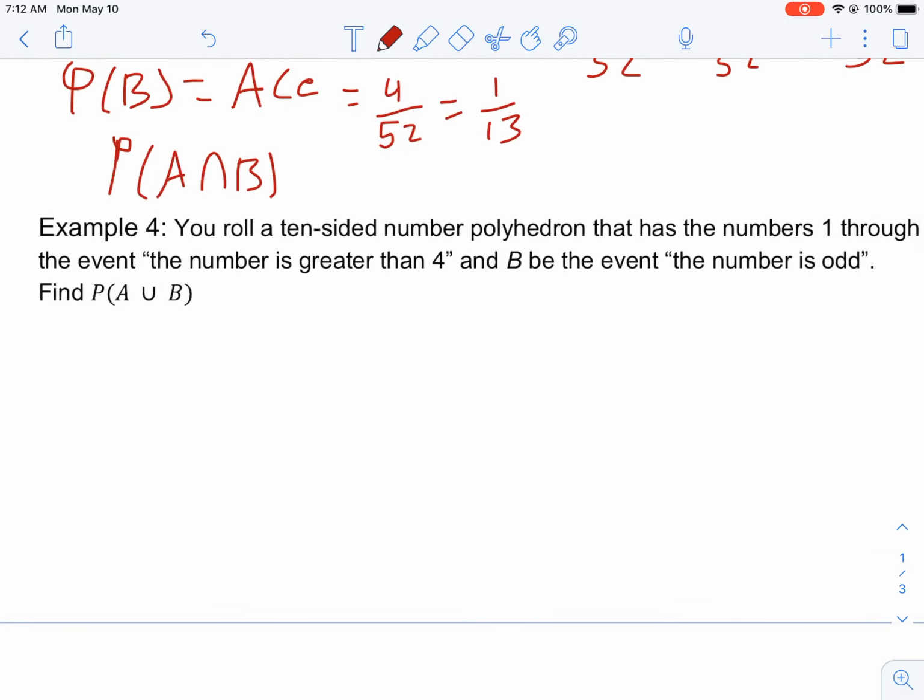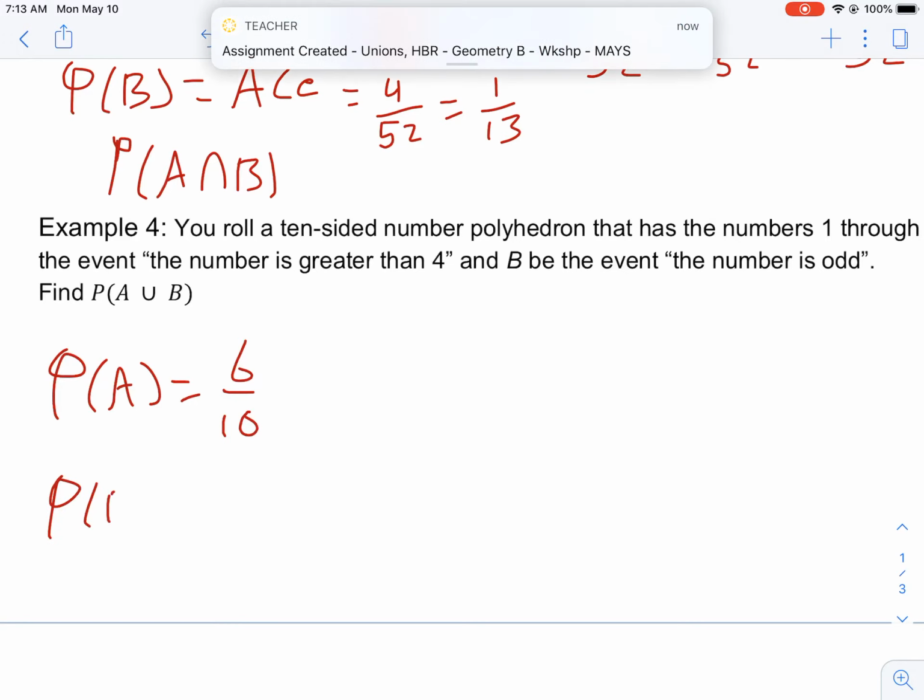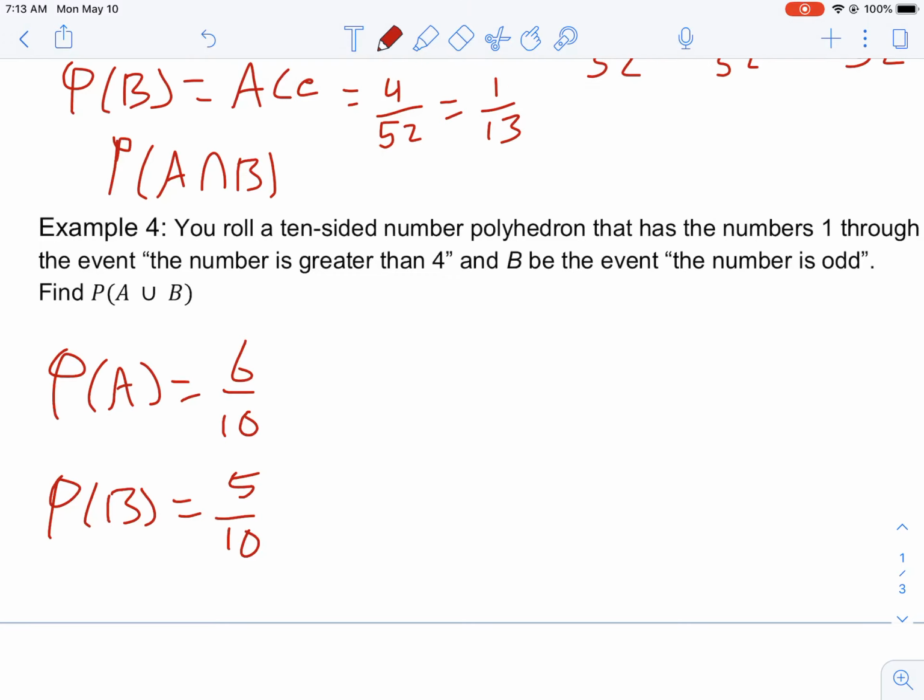So what we want to do is find the probability of A. So what's the probability the number is greater than 4? Well, that's 5, 6, 7, 8, 9, 10. That's actually 6 out of 10. What's the probability the number is odd? That is 5 out of 10. And then what's the probability the numbers are greater than 4 and odd? That would be all the numbers greater than 4 and odd, so that'd be 5, 7, and 9,